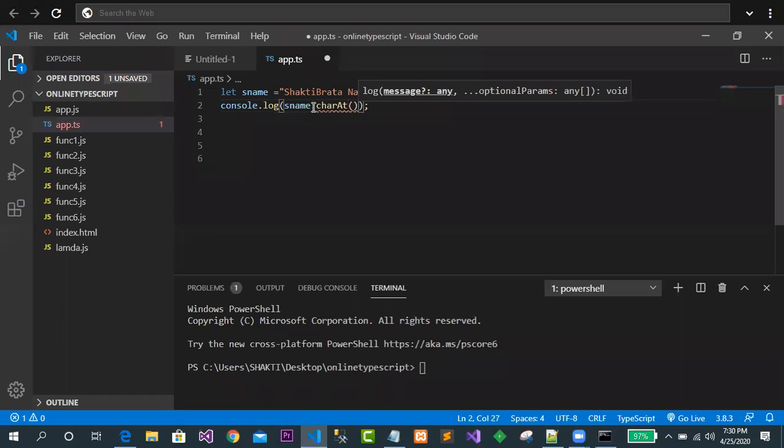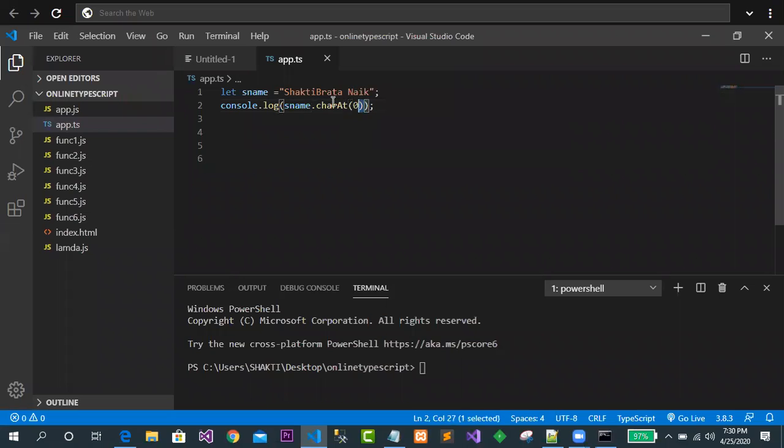So this is telling the index number 0. At index number 0, I want to get the character. Clear? So what is the value I want to get here?